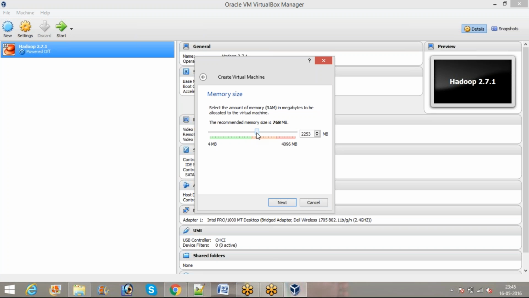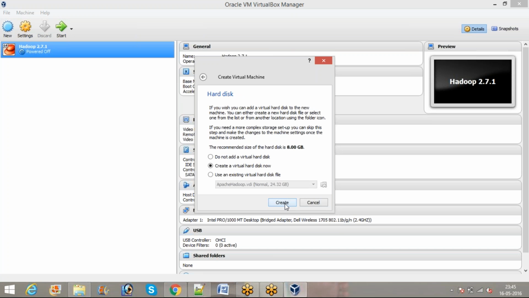Okay, 2 MB. Okay, just I'm going to give it 2 MB. Okay, click next. Now here, at the time of installing a fresh CentOS, we are going to create